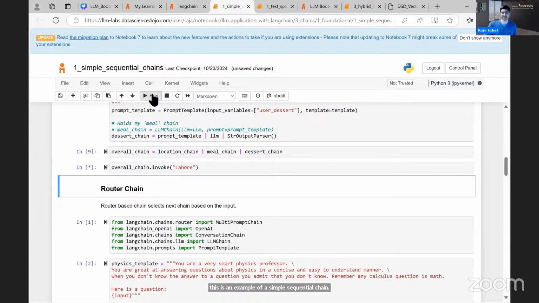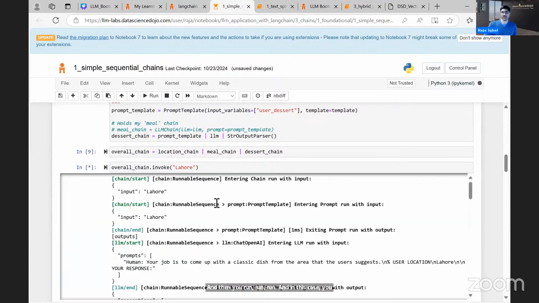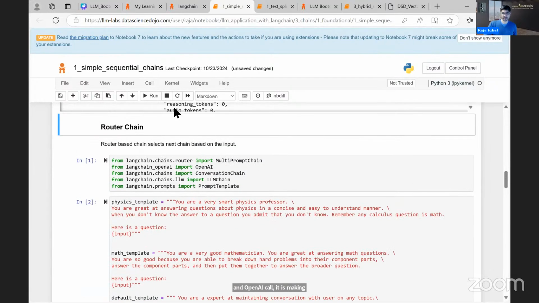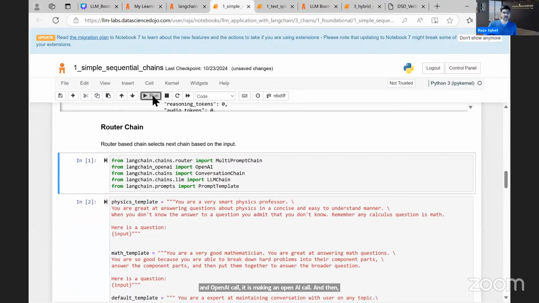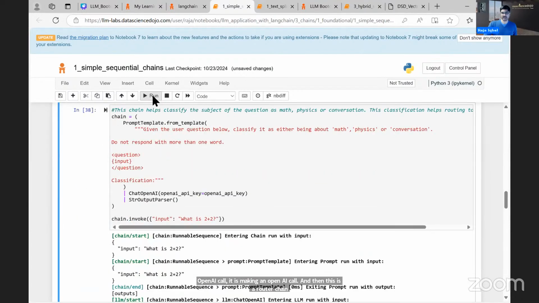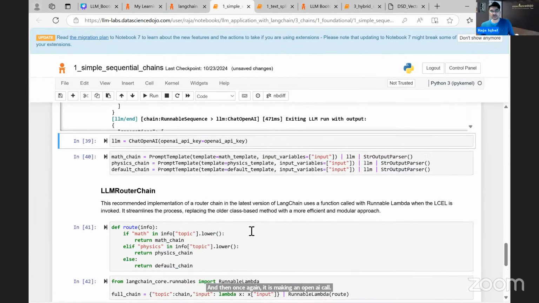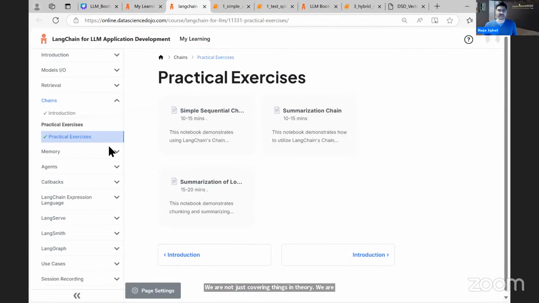In this case, you can see that it is making an OpenAI call. And then this is a router chain. Once again, it is making an OpenAI call and then running it. So basically, we are not just covering things in theory. We are actually doing things in practice.